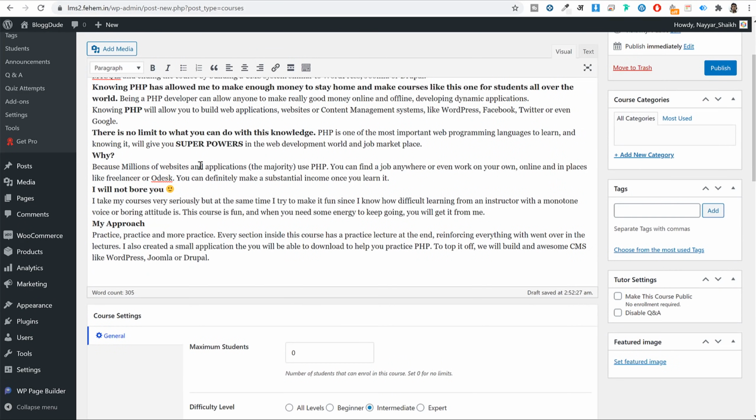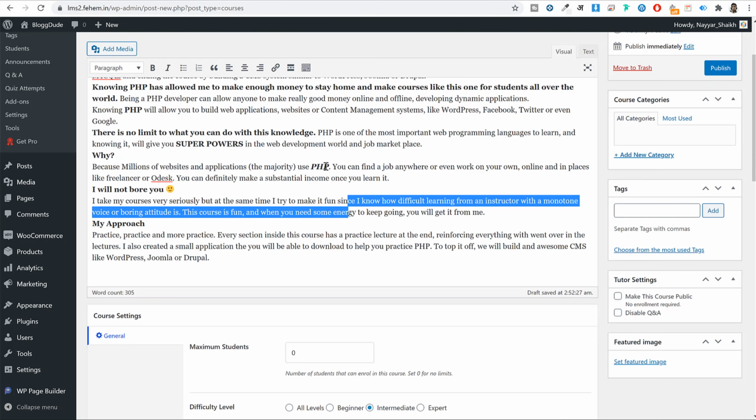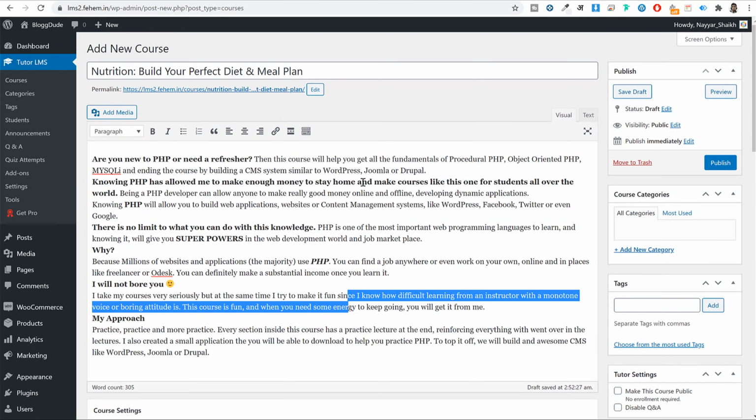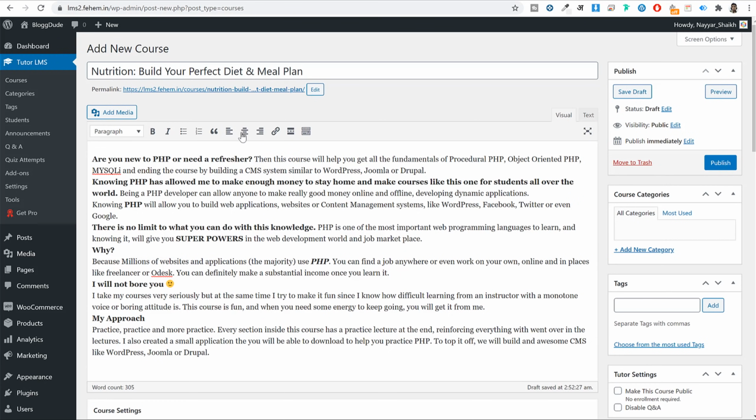As you can see, obviously, if you want to make anything bolder, for example, let me make it regular first of all. Now if I want to make, suppose this word, PHP word bolder, I can select this thing, I can select bold. I can select italic to make it italic as well. So you can do all these things. Obviously, this is just like using regular Microsoft Word. You have used this thing, you know how to do these basic settings, like how to do basic alignment. If you want to change the alignment, left align, right align, if you want to make anything bulleted list, numbered list, block code, you can do these things from here.